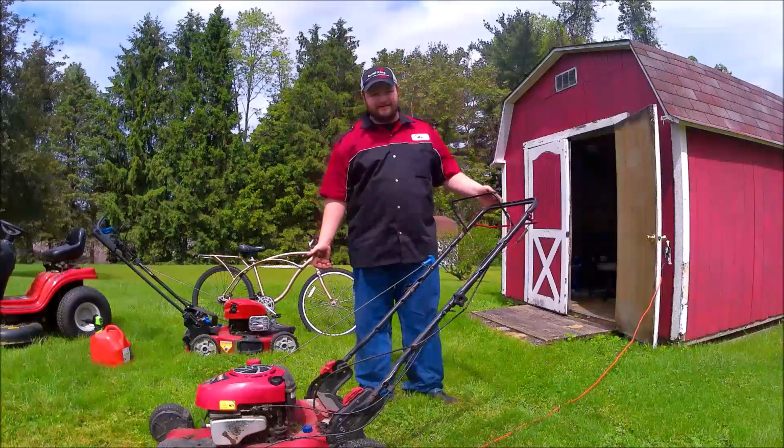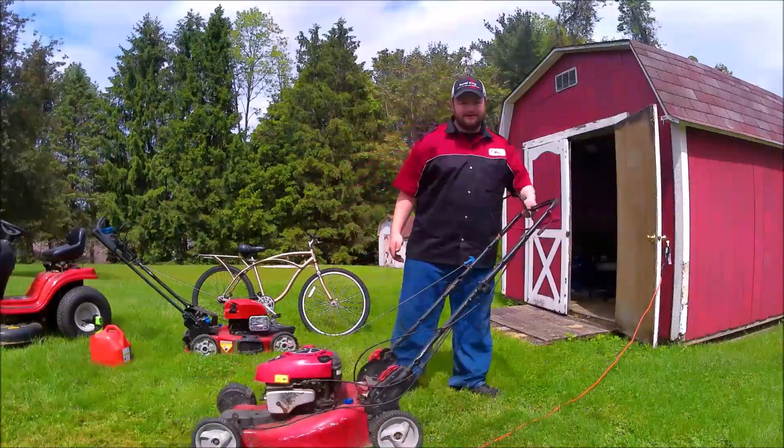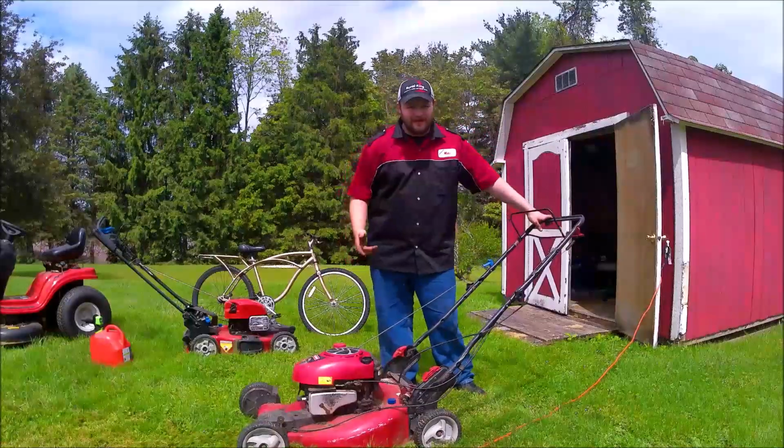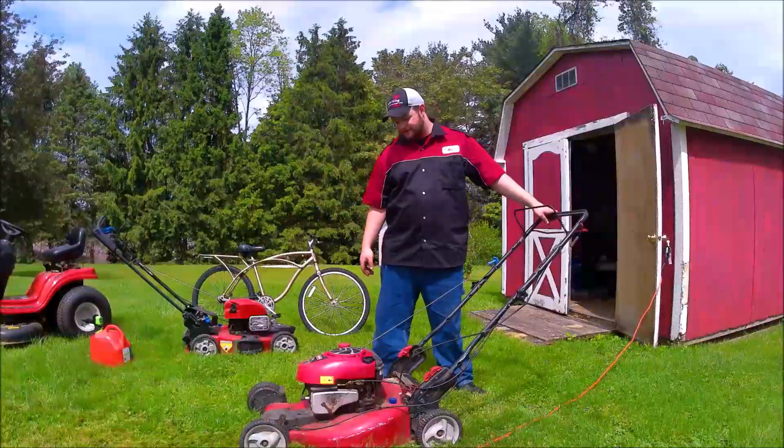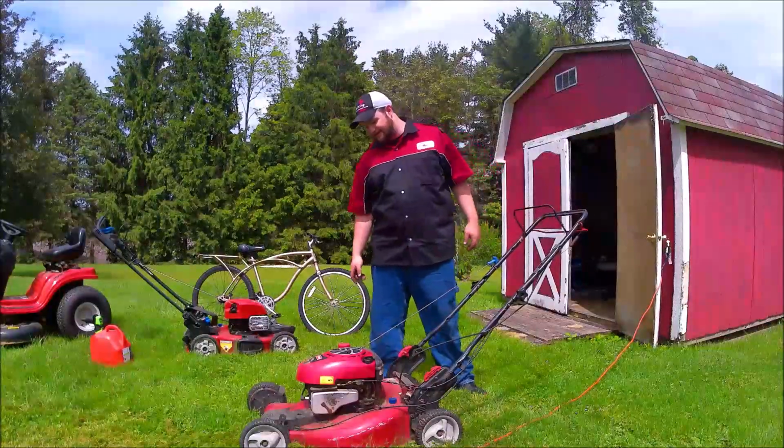And today, on this next installment of the mower video, I can't even see if you guys can see the mower in the camera. But anyway, we got this mower here. It's a Craftsman Gold Series, 6.75 foot-pounds of torque at 190cc, which